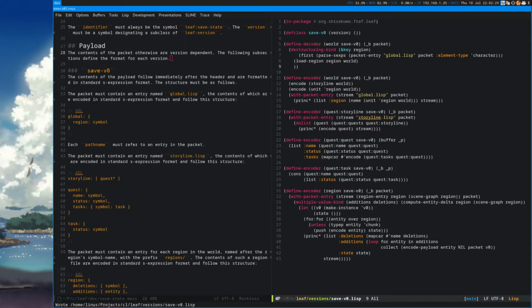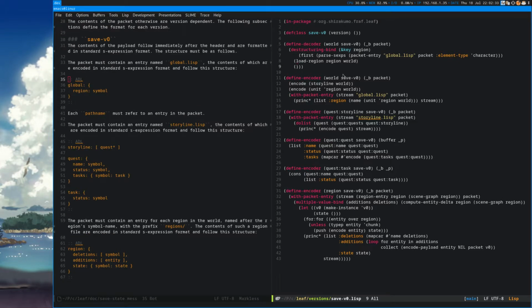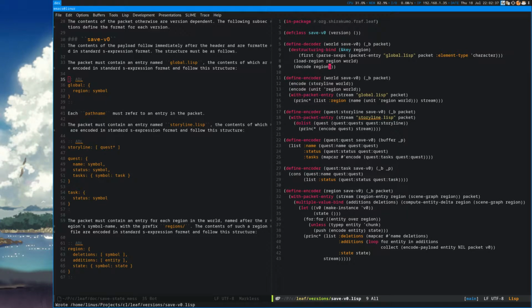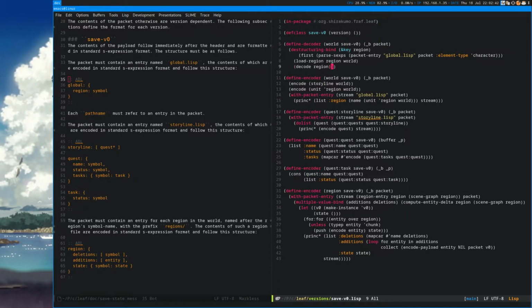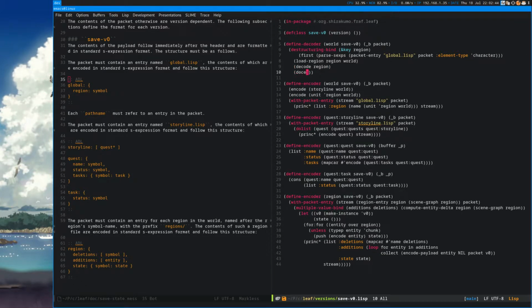That's great. And then we need to load the state of the region itself. So decode region. And then we need to decode the storyline as well.